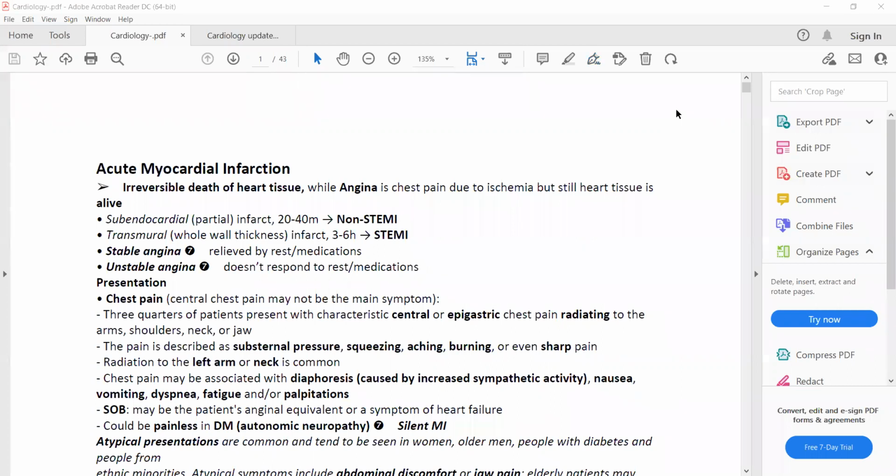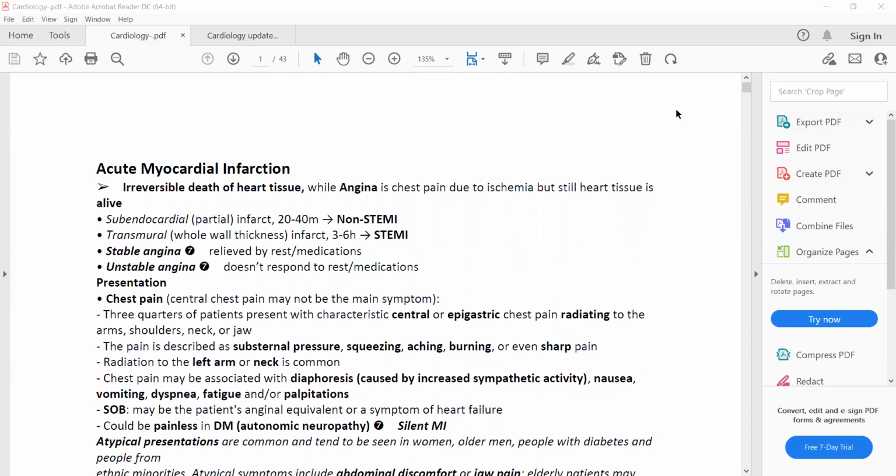Acute coronary syndrome is basically three diseases that come under this term, and those three are non-ST elevation MI, ST elevation MI, and unstable angina. The presenting features for all three of them will be the same. They all will present with the same signs and symptoms